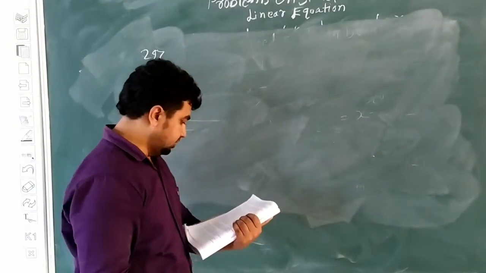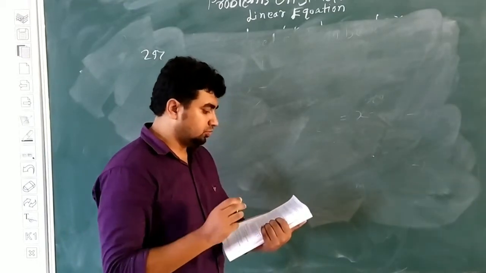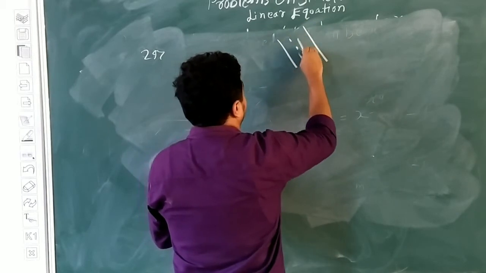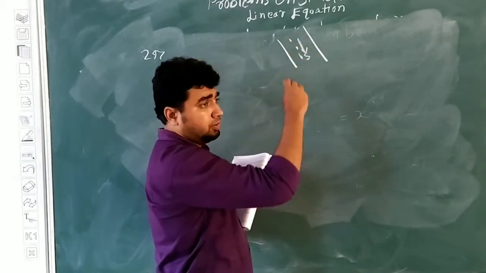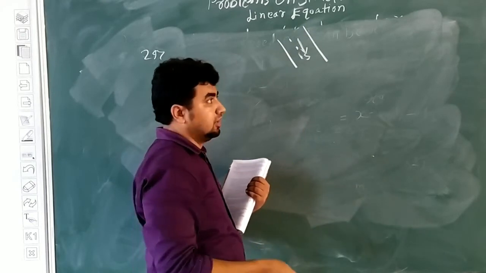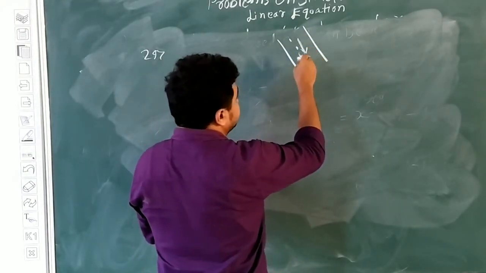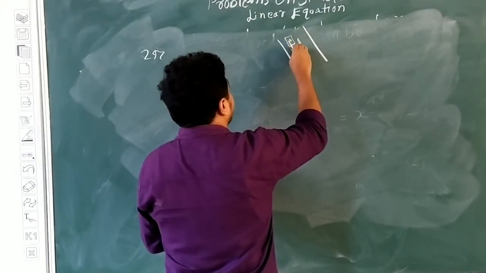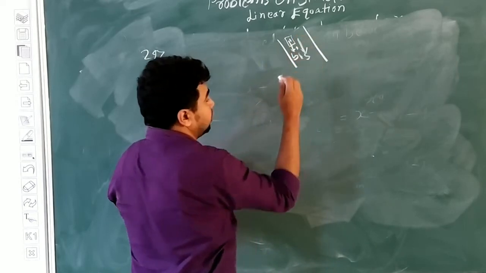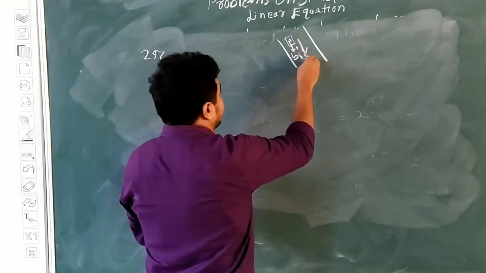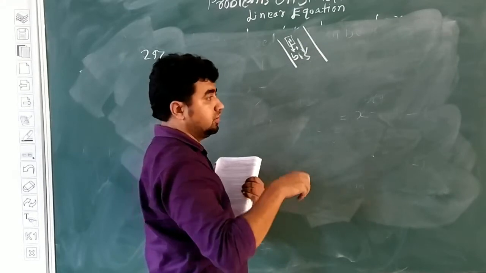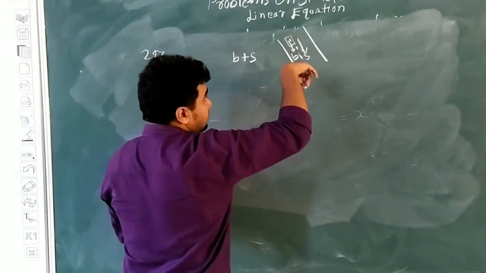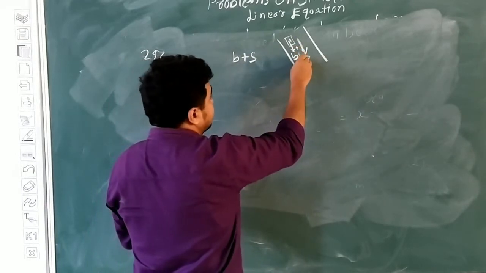Okay. So 29 number. A boat takes 2 hours to go downstream. Downstream, if I am saying this is the river, if it is going down, the speed of the flow of the river will always be in the downward direction. So I am taking the speed of the river or the stream as s. If the boat speed is v, when the boat is going downstream, the speed of the boat will increase. It will become v plus s, as the stream speed is also downward and the boat speed is also downward.